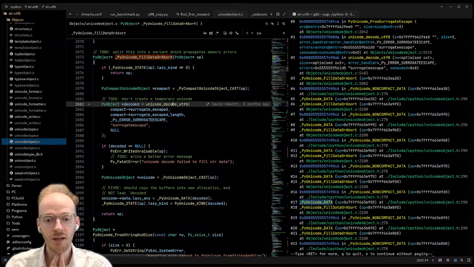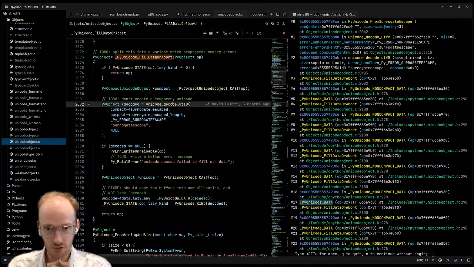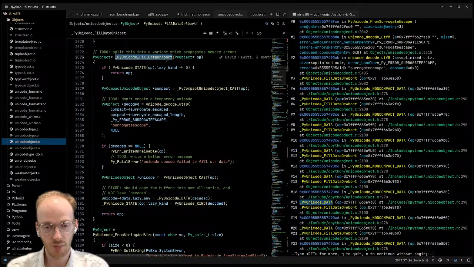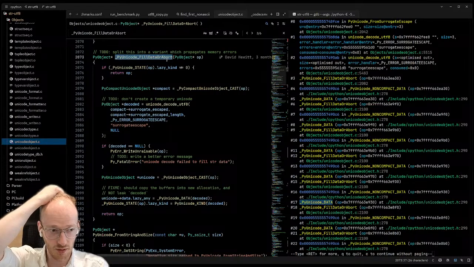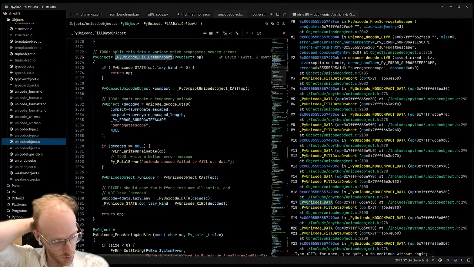No. Because we do actually need to go through the error handler in this one. We have to. Yes, because when we're at this point, we are in a place where we have raw bytes in our new field, and we need to populate the old one.